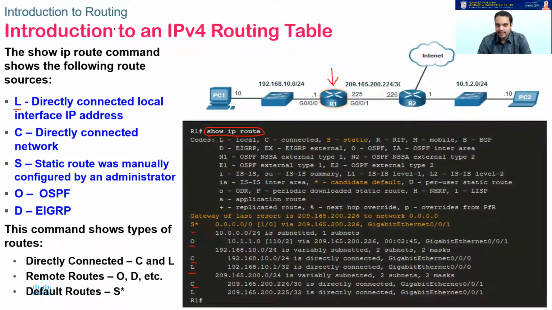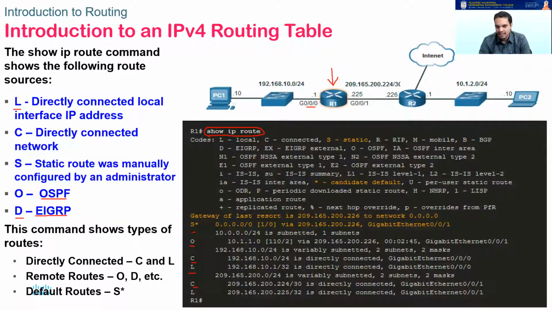L indicates it is a local, the directly connected interface address. C indicates it is a directly connected network. S indicates it is a static route which has been given by the administrator. O indicates that a dynamic algorithm, OSPF, is used to learn about this particular network path. Similarly, if EIGRP is used, we place a D there. Now check it out. I typed in show ip route in R1. Sir, what happens? If you see, it is giving all this information.